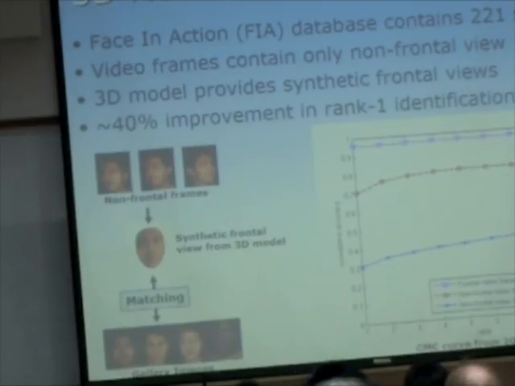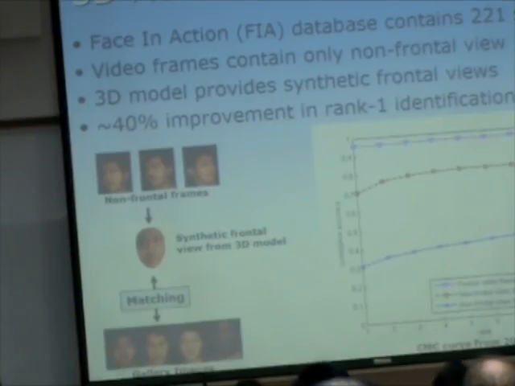Basically the curve on the right, or the plot on the right, is referred to as a cumulative matching curve. And the horizontal axis is the rank at which the correct match